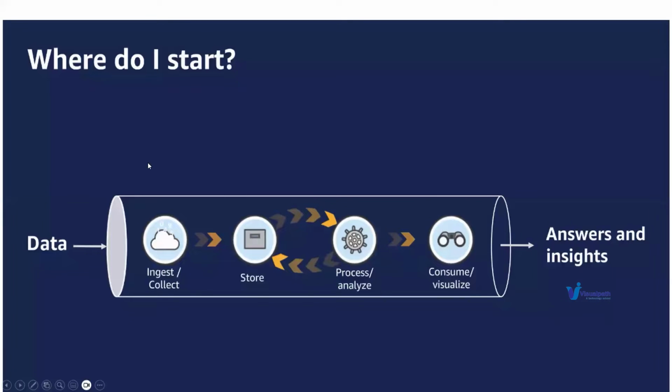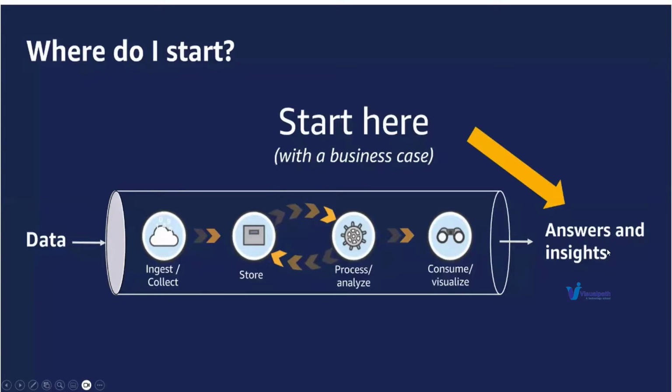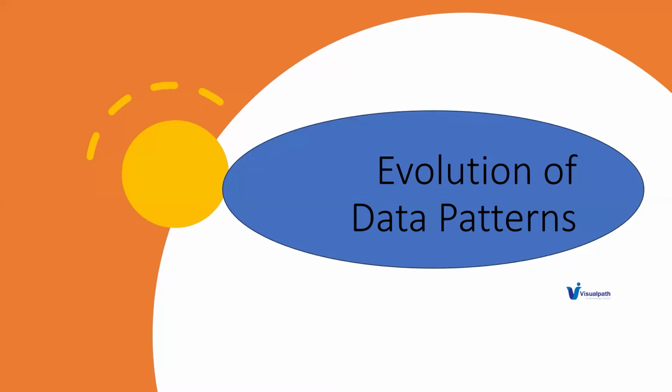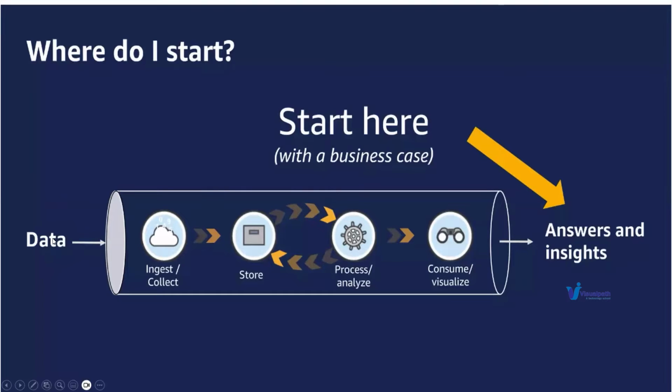While we are going to do this, you can see here, we'll start with the business case. What answers do I need from this particular data? The second thing is that we try to find this data and proceed with all these patterns in order to collect the data, apply all your ETL patterns, store the data, and then apply all your ETL transformations to process your data, and then use your data for reporting and analysis insights. This is the end to end that we are going to do in this particular pattern.